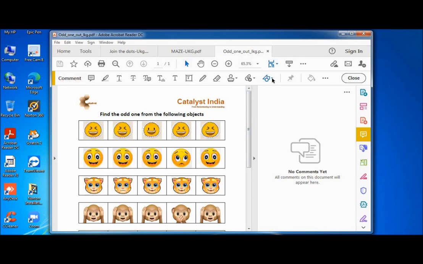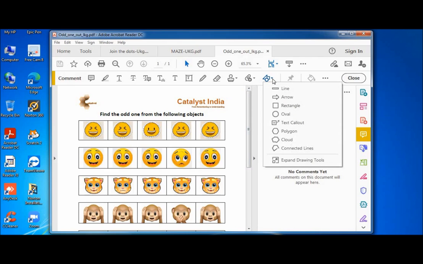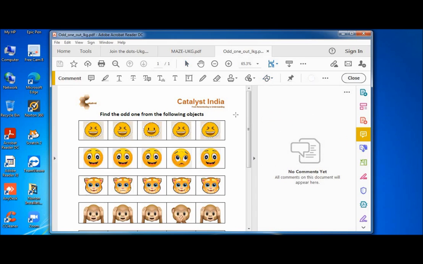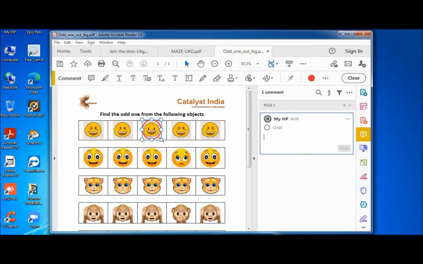So this is for drawing different shapes. So click on this small arrow and let's say I select the oval tool. So here I want to find which one is odd or which one is different. In this line, this one is different, so I can just draw an oval around it.